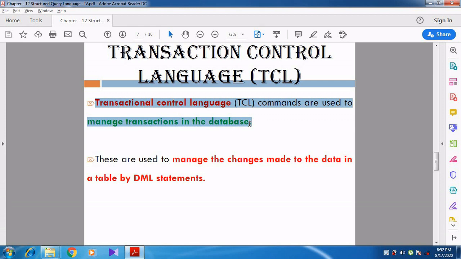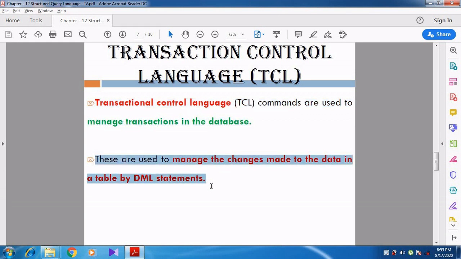For example, if you are saving some data, or deleting, and after saving you undo that operation. So these commands are used to manage the changes made to the data in the table by the DML statements. Using DML, we insert a new record.